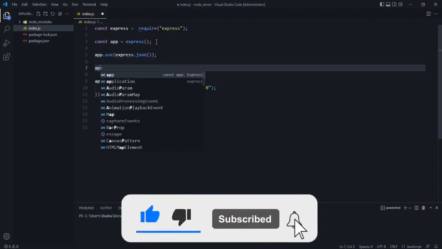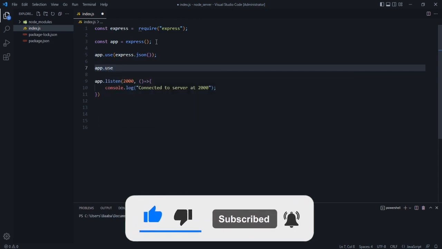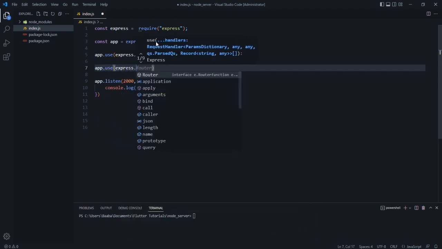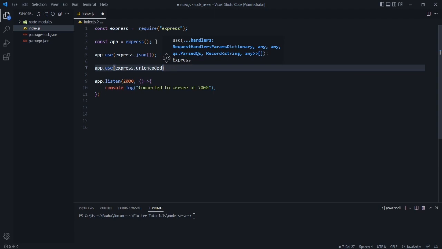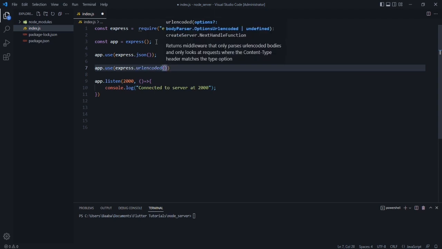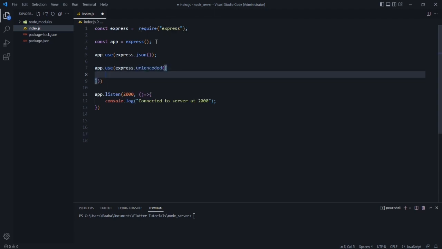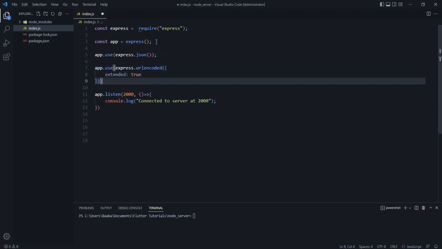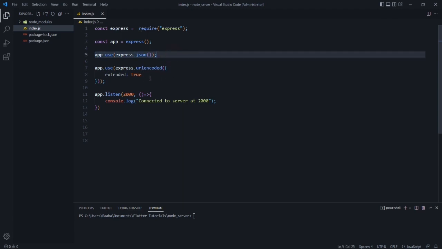For that let's say app.use, and in here we need to say express.urlencoded, and in here you need to pass a map, so it will be a map of extended and its value will be true. And after that you need to add the terminator. Using this we can use the JSON format, and using this we can encode the URL.